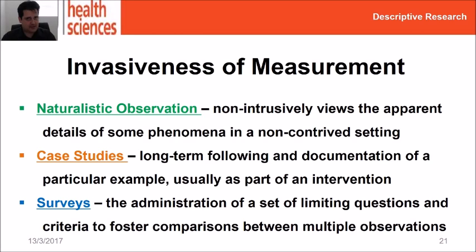And the nature of a case study is that usually this is measurement being done as part of some intervention. The most common ones in psychology are the long-term notes taken by therapists and other doctors who are trying to treat somebody who has a problem long-term. In the same sense, there are sometimes long-term case studies where people show up with an unexpected illness, and you just need to track long-term everyone who had that illness and what happens to them while you're trying to fix the problem. So that's a bit more invasive than the naturalistic observation because there's some intervention involved, but it's still pretty loose there.